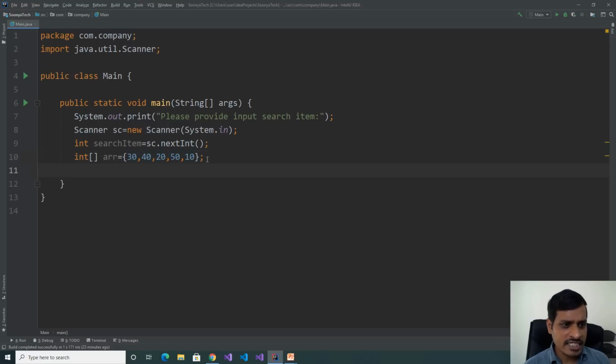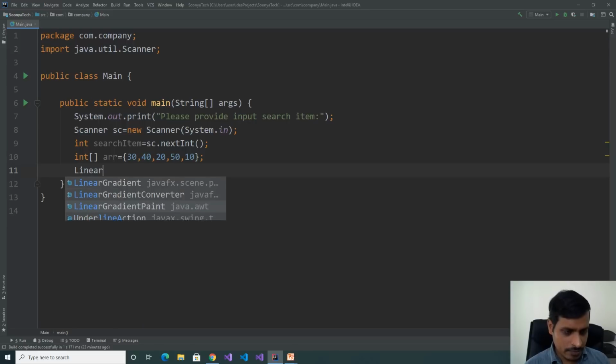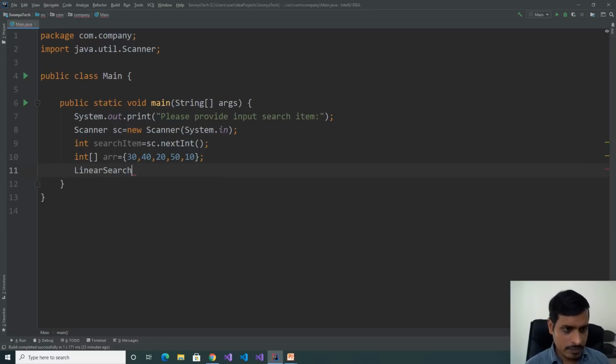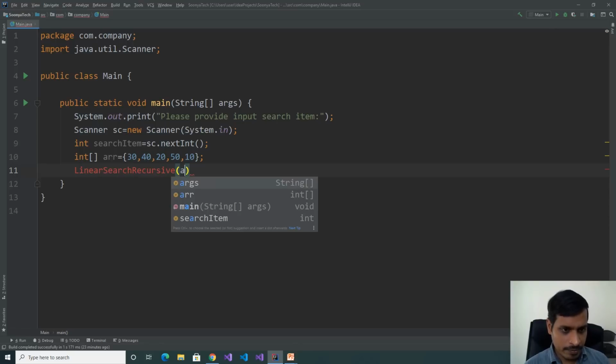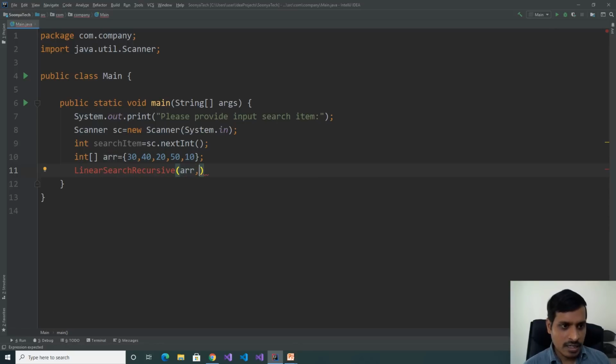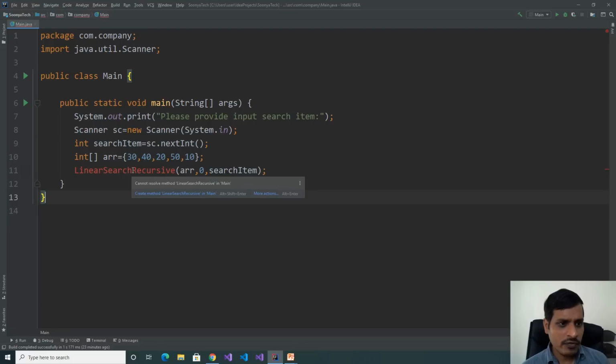Invoke the linearSearchRecursive method and pass the array, comma, the start of the array index 0, comma, searchItem. Here we are invoking the linearSearchRecursive method. We need to provide an implementation for that method.